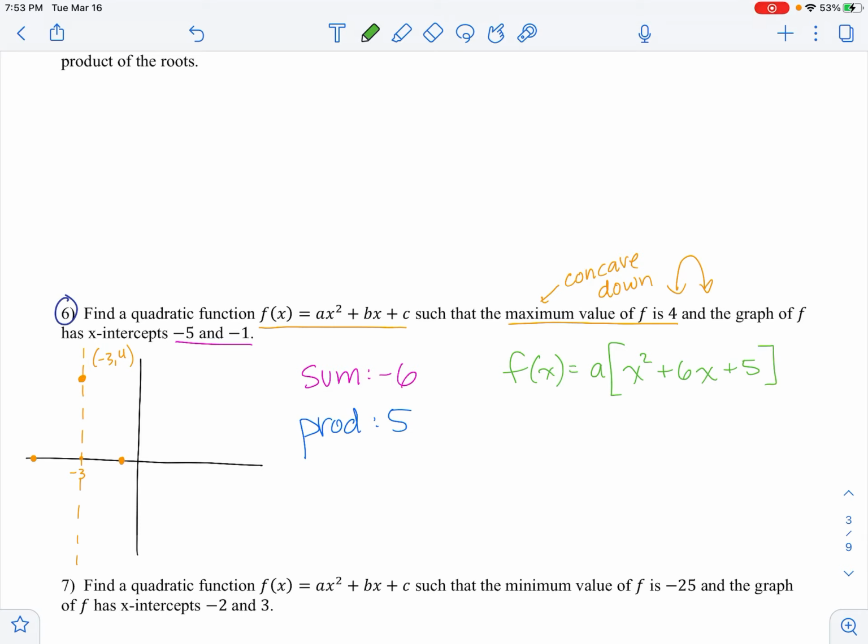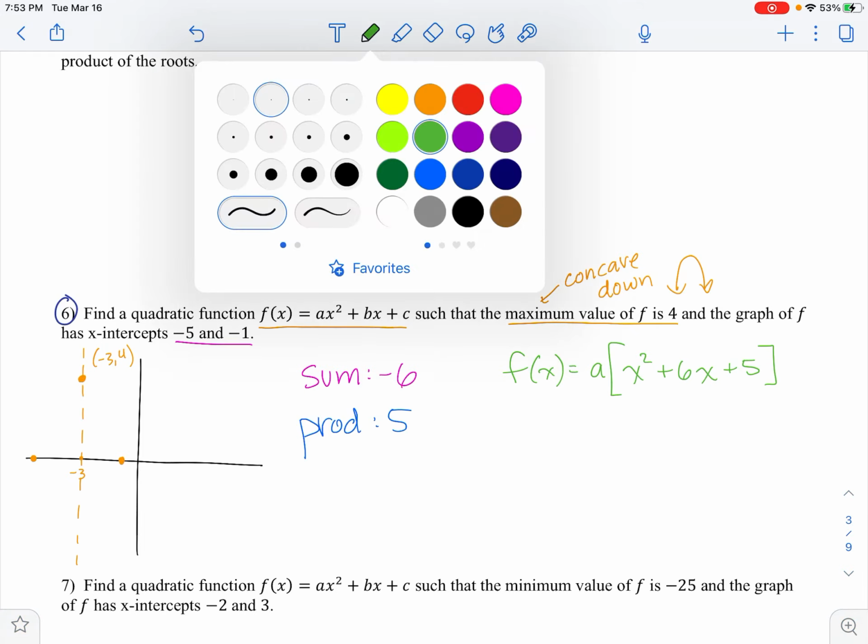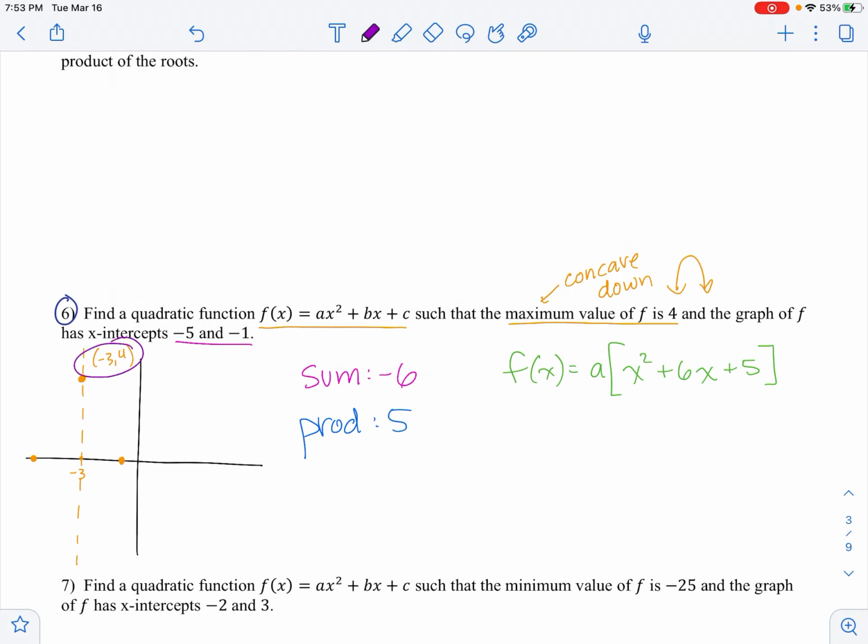Now, what am I trying to figure out? I'm trying to figure out this A value. I want to know what A is so that I can go back and write down this whole equation. I do know an ordered pair because remember, I knew this -3, 4. So I'm going to plug in 4 for y, or f of x, and I'm going to plug in -3